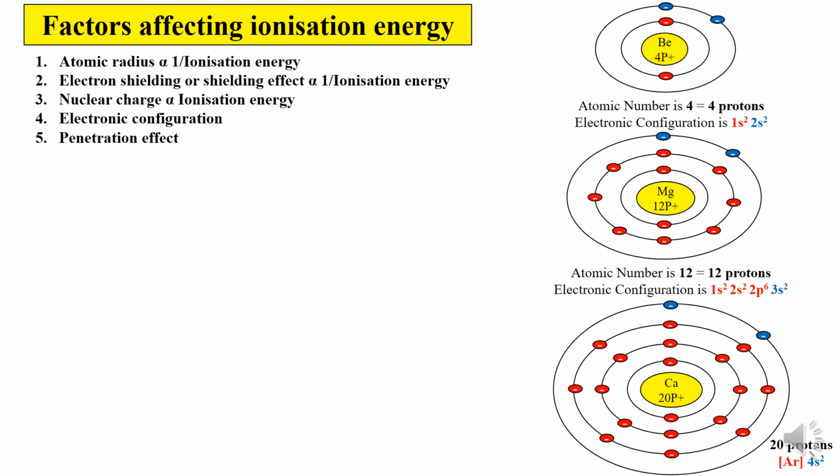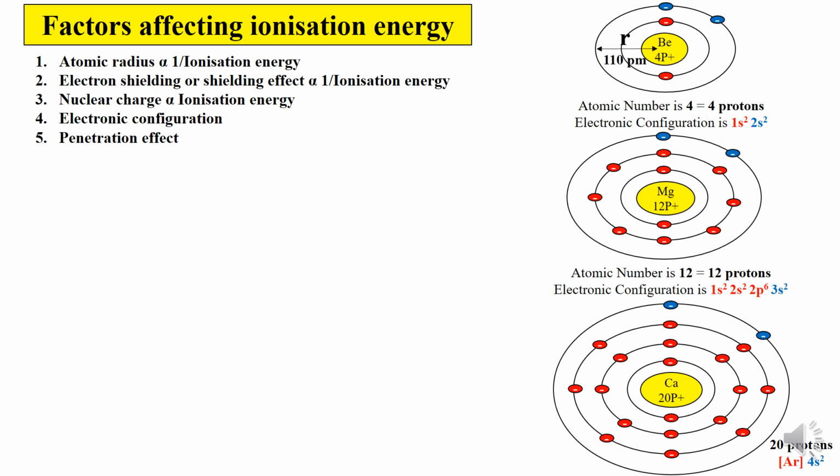Now as you go down the group from beryllium to calcium, you can see that the number of shells increase. So what happens when the number of shells increase? When the number of shells increase, the distance between the positively charged protons in the nucleus and the valence electron